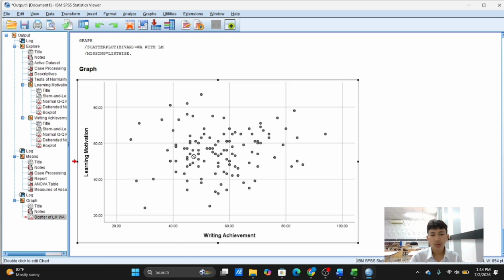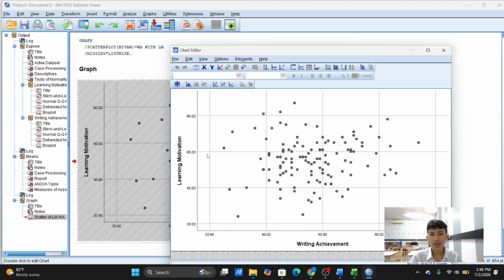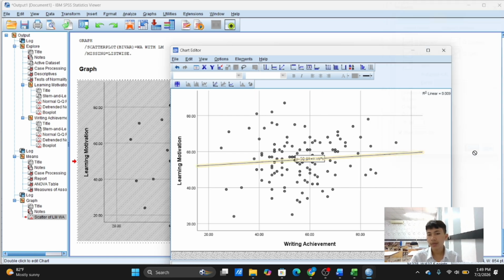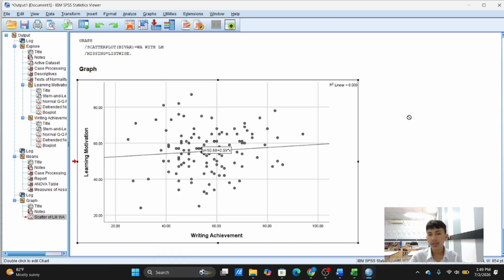After that, we double click, we double click and search for add fit line at total and we click. After that, we close and this is the result of our graph. And then for the last, we search correlate.